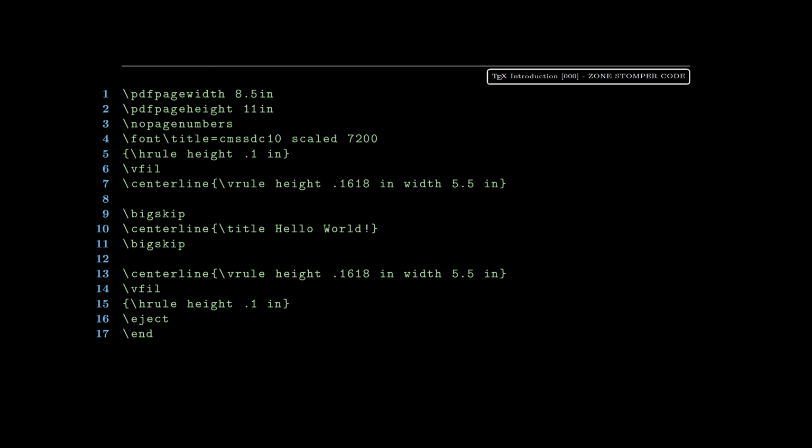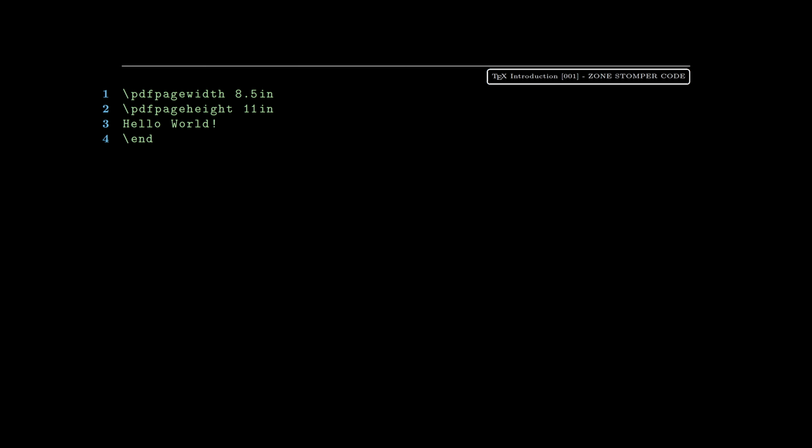Okay, and this is the code for our final document, and you can see it's pretty short. It's maybe 15 lines, 17 lines with the blank lines, and that's the finished document. Once again, we're not going to start there. We're going to start very simply with